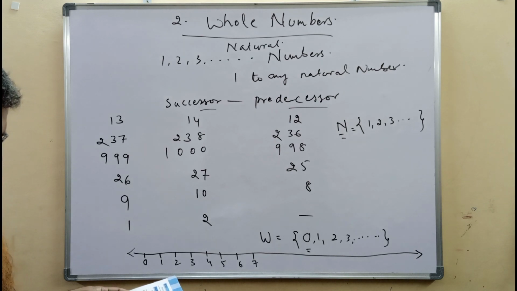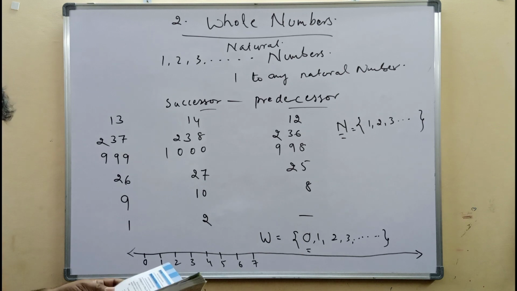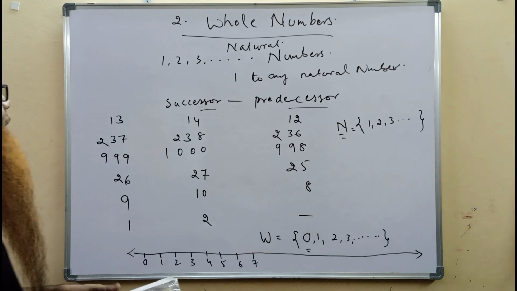Discuss with your friends and fill the table. Here, serial number 1 on the table, on page number 16: 12 and 8. 12 lies on the right of 8, that is, 12 is greater than 8.